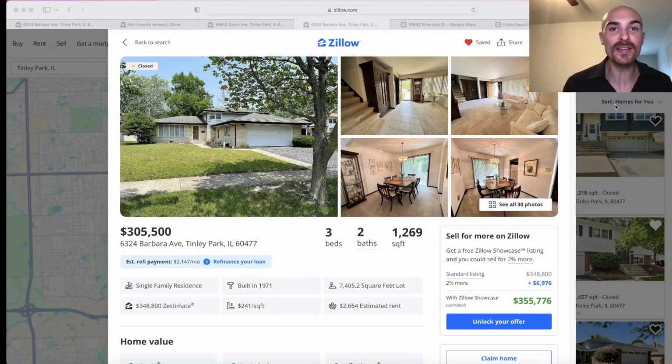There's going to be some things and some homes that you're going to see along your search that might be a little confusing why they either sold for a lot of money or a little money. And I'll try my best to explain it and give you guys as many resources as I can to break this down. So to start off, before I show you how to start off with our basic search,